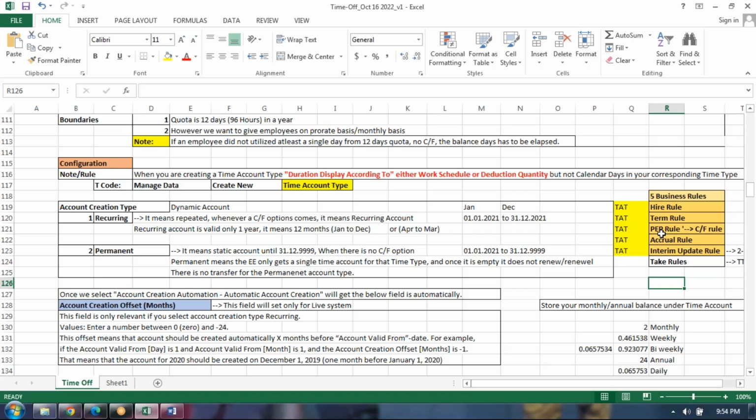Period end processing is nothing but, once your calendar year has ended, if you have any balance, as per the company policy, if you want to carry forward to the next year, it may be a next year carry forward or leave encashment, that is the secondary carry forward option. Then the accrual rule. So 1, 2, 3, 4, and the fifth one is the interim account update rule. Very rarely customers may ask you about it, but 5 rules are available in the time account